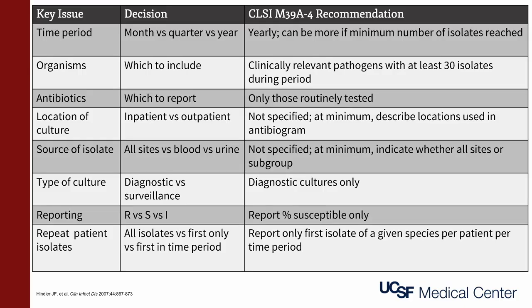There can be substantial differences in results based on whether the isolates represent inpatient, ICU, or outpatient isolates, and so the source of the isolates in an antibiogram should be clearly described. Similarly, in some cases, there may be value in reporting out specific infection sites, such as the urine, which should also be specified in the antibiogram. The report should reflect cultures taken for diagnostic purposes only and be quantified as percentage susceptible instead of percentage resistant.